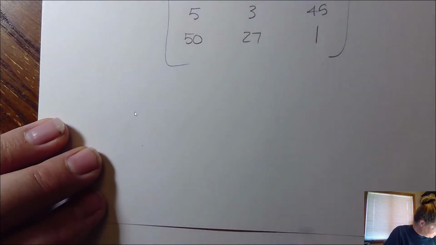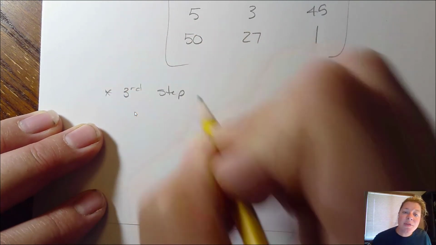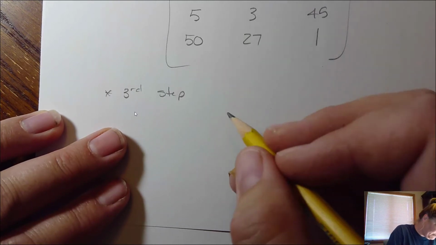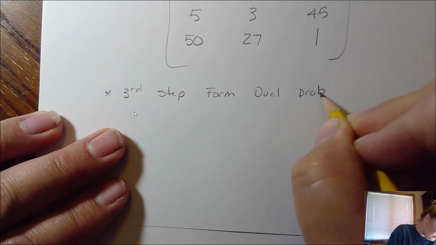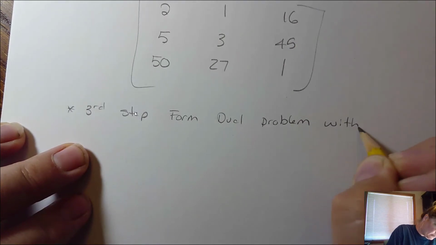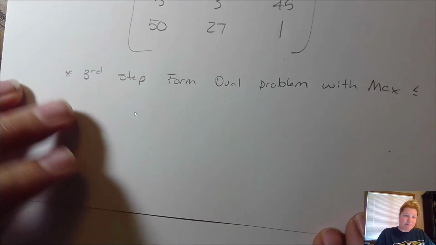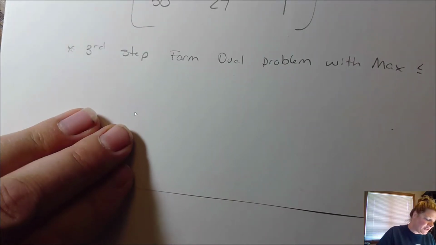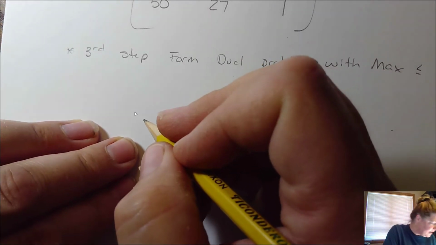So for our third step, we're going to form our new problem with a max. Okay. And a less than or equal to instead of greater. So it's going to look like this. Here's our first row, and we're going to use y's, which is just because we're forming a new problem. Okay, and we don't want to confuse x and y's. So it goes like this: